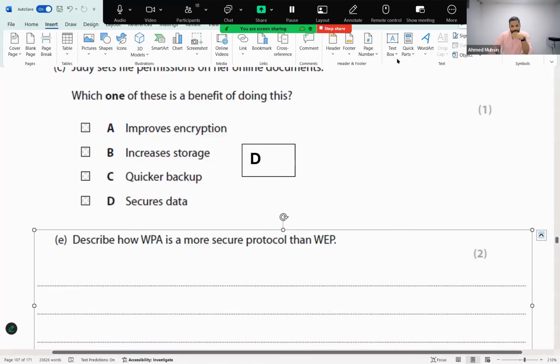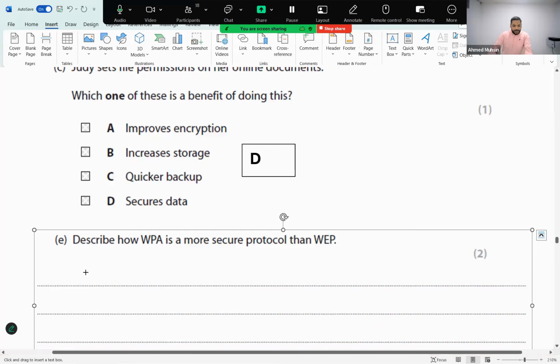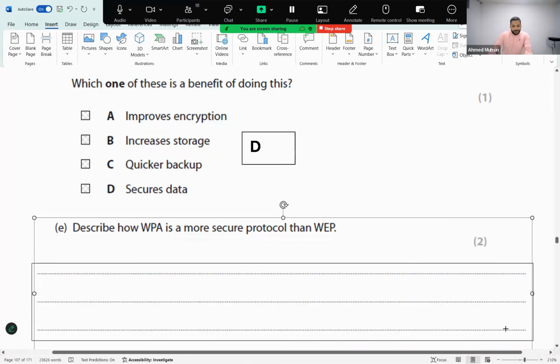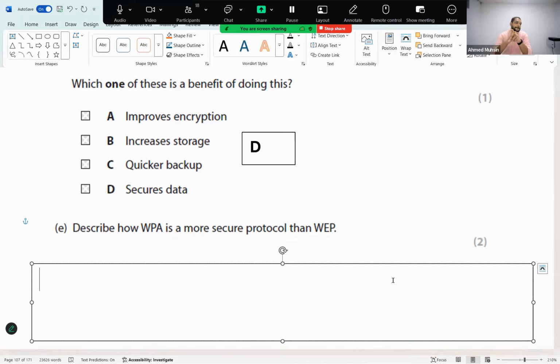Describe how WPA, which stands for Wi-Fi Protected Access, is more secure than WEP, which is Wired Equivalent Privacy. Yes, anybody? Yeah, each packet and each device, no? Okay, everybody, what shall we say over here? WPA, boys, WPA